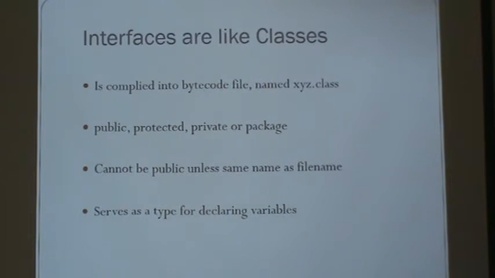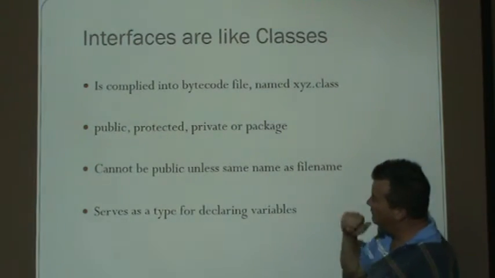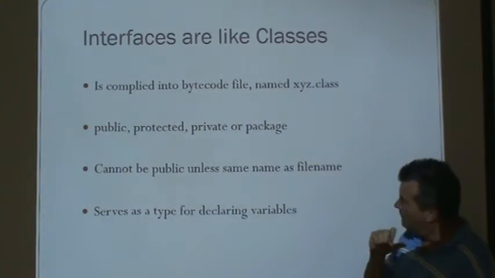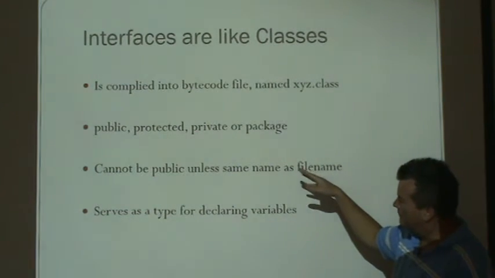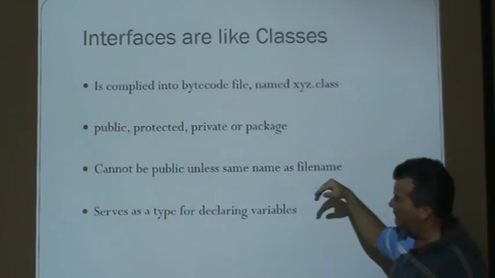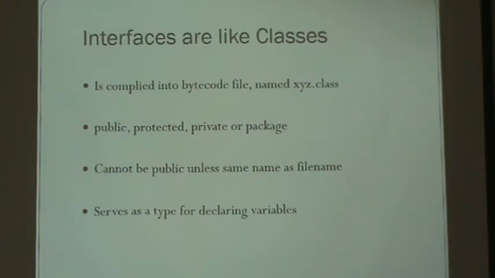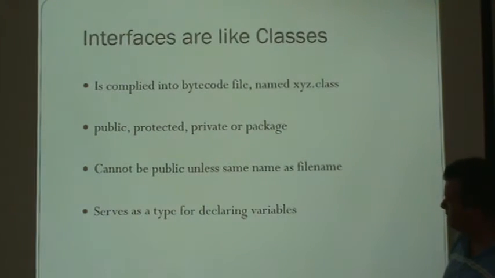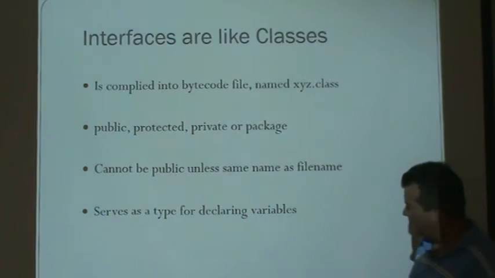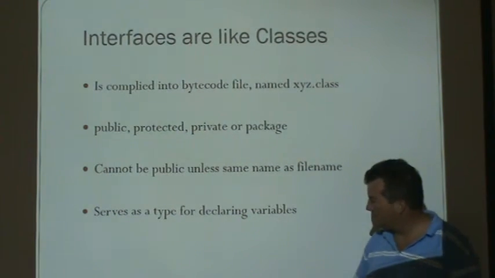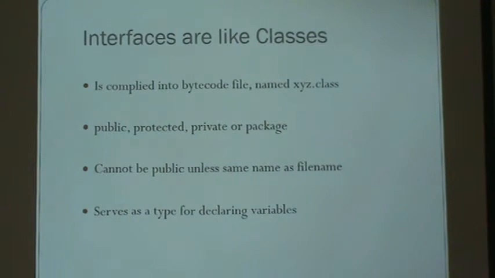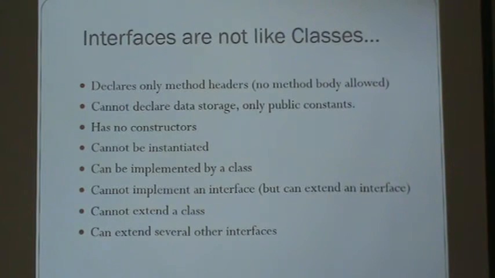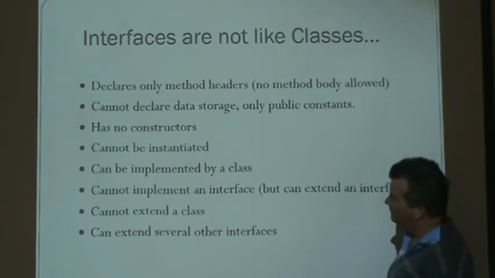It's compiled into bytecode and makes its own .class file when you compile with it. The public, private, protected, and package modifiers exist for all of them. It can't be public unless it's the same name as the file, and serves as a type in declaring variables or references. I should have said references there. Okay. Interfaces are not like classes in that